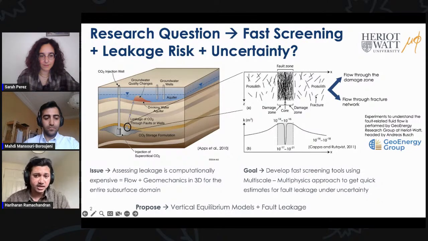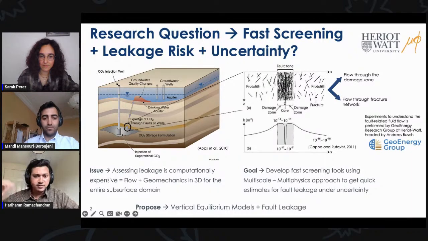So there are two possible scenarios for leakage. CO2 can either leak if it flows through the damage zone, which is assumed as an equivalent porous medium, or it can flow through the fracture network, assuming that the damage matrix has extremely low permeability. The flow properties of the fault zone will strongly depend on the complex interaction between this fault zone matrix, the fracture characteristics, such as the aperture, width, length, etc., and the effective stress in the system. And developing these relationships requires extremely specialized experimental characterization.